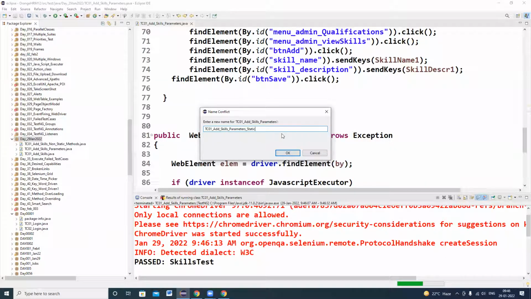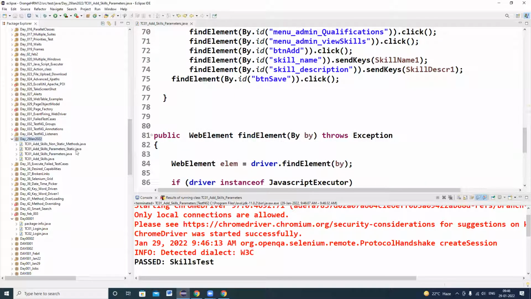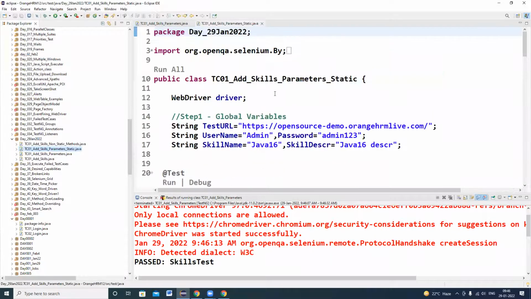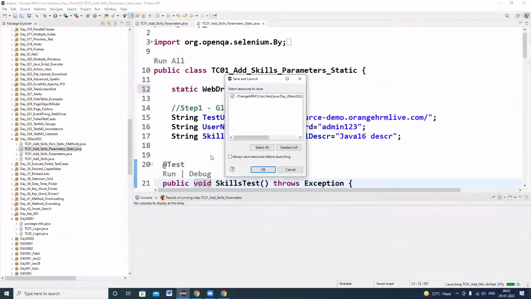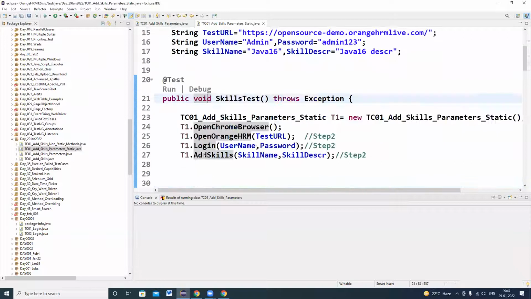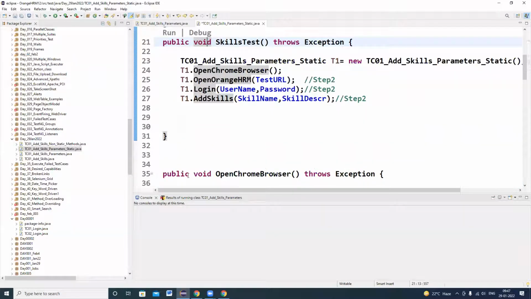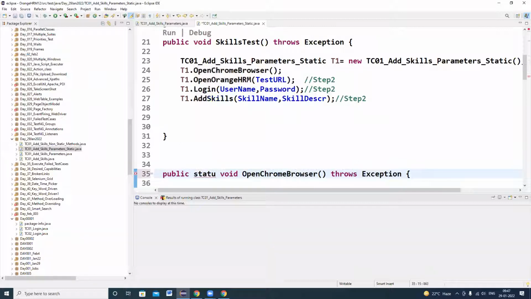Static. So I'm creating one more program, static. So in the static program, what do I need to do? Even WebDriver I have to declare as static. And all the methods, except your main test, we have to make static. So companies will follow either the static methods approach or the non-static methods approach.